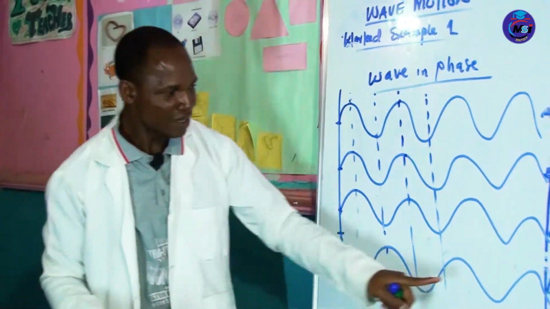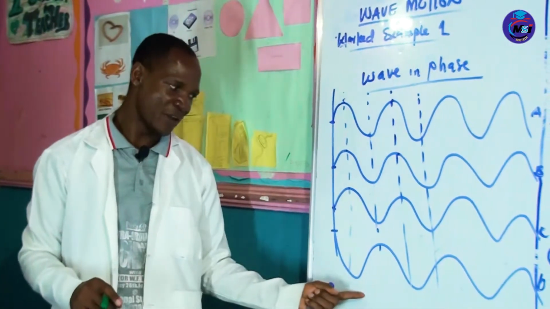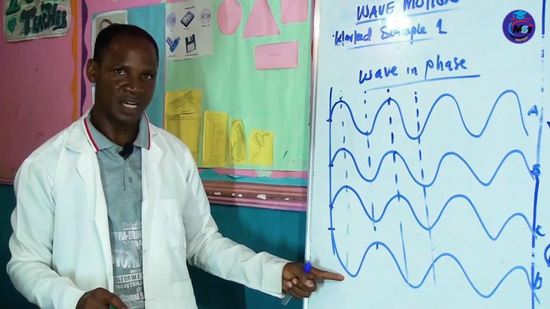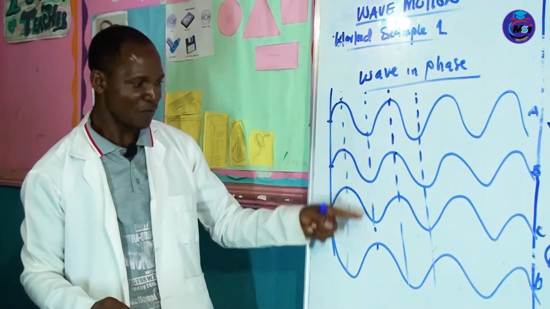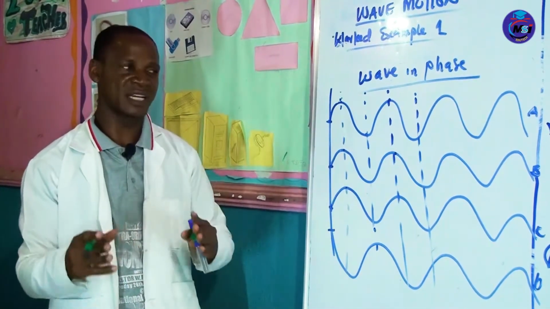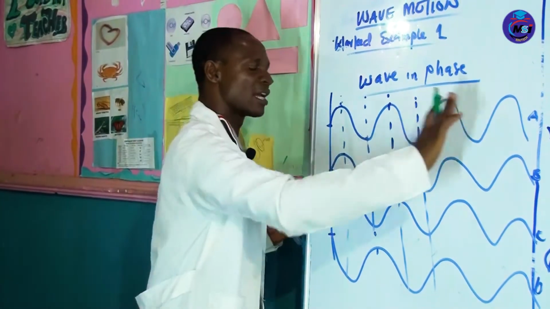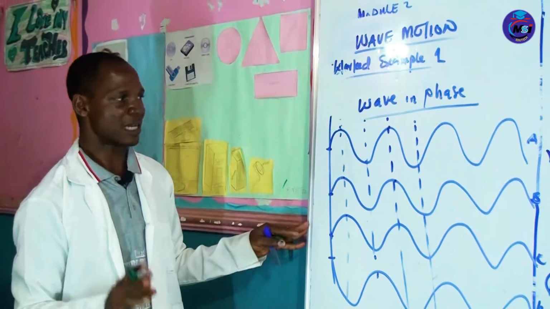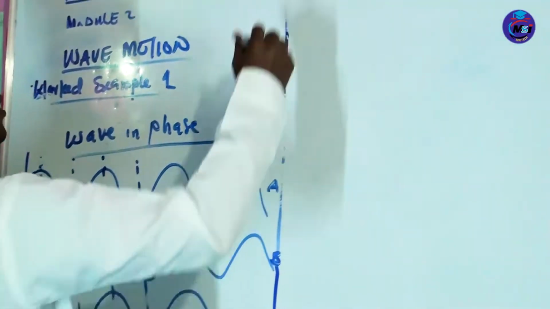While wave D is out of phase. When this one is at the peak, this one is at the trough. When this one is at the trough, it's at the peak. You can see it alternating. So these ones are in phase, only this one is out of phase. That is number 1. If I have a wave like this,